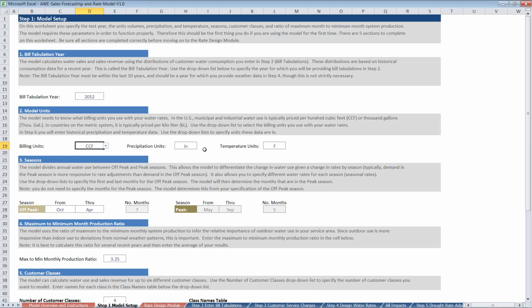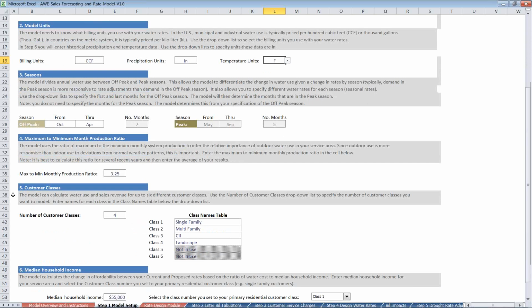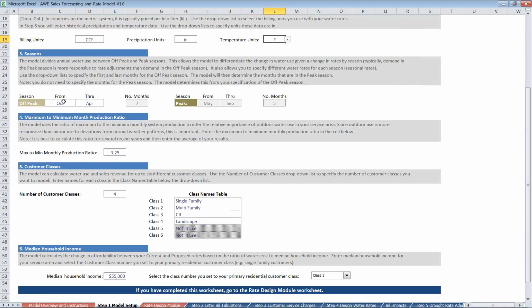And then, as Tom has mentioned, the model incorporates a lot of weather data. So you specify whether you want your precipitation to be in inches or centimeters, and your temperature, whether you want it to be in Fahrenheit or Celsius. Next, in relation to weather and consumption, you specify your off-peak and your peak season.